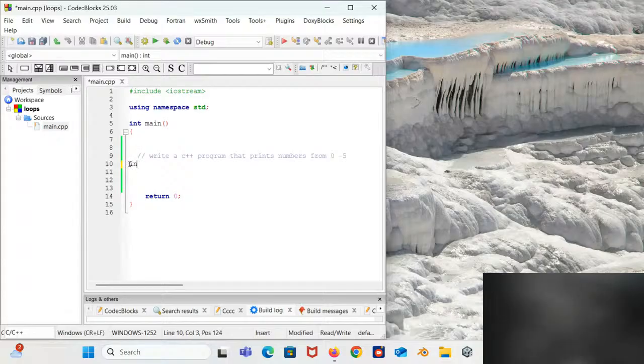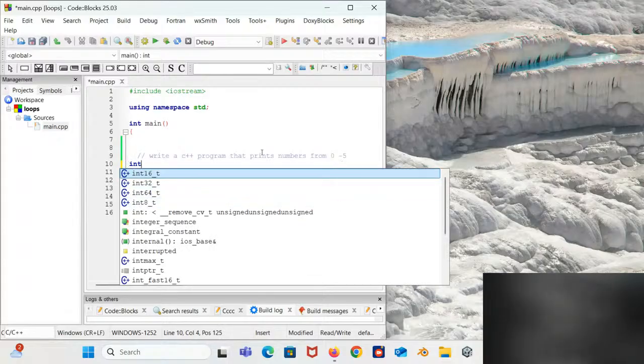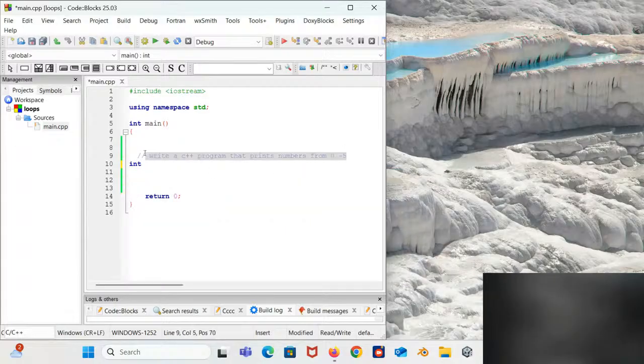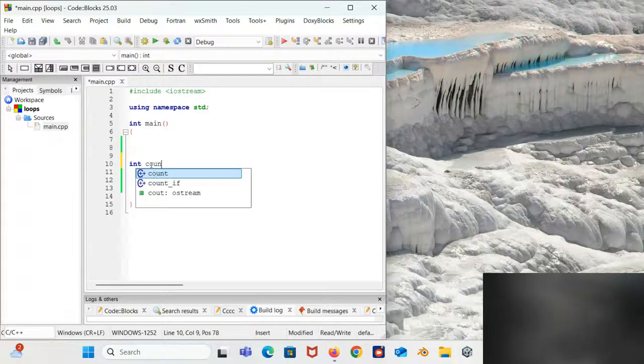So first, we are declaring, let me delete this. Let me use the word count here.